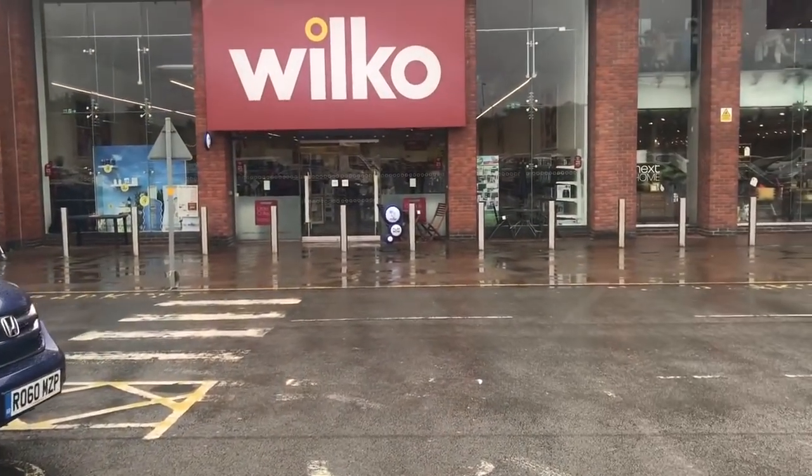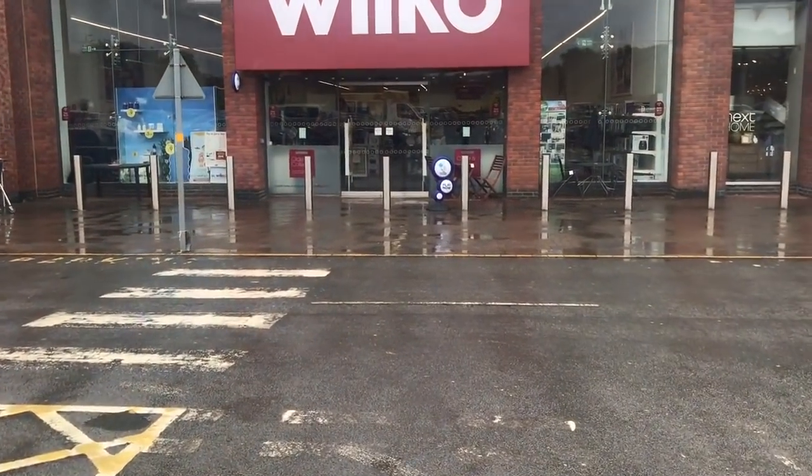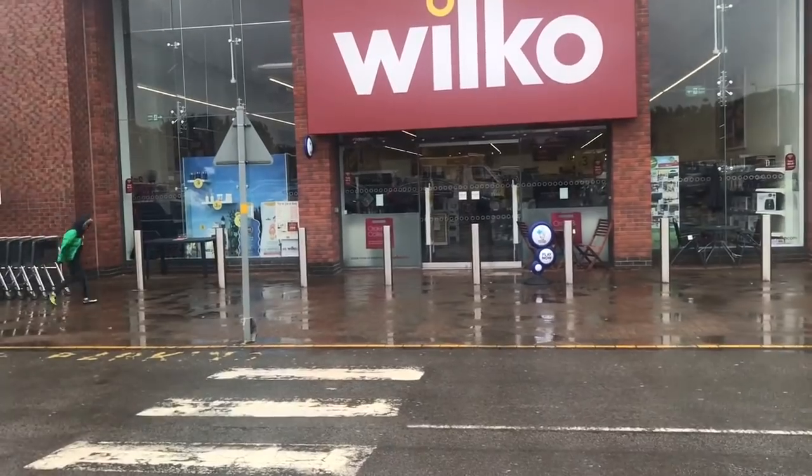I am on the lookout for replacing some of our Venetian blinds in the bathroom and the kitchen. So I'm out of breath because I've been just quickly nipping around to get a few things done before I actually pop out. So it's not very nice outside, I must admit. As I said, it is raining. So here we go. Right, so here we are on another Retail Park, and we're going to pop into